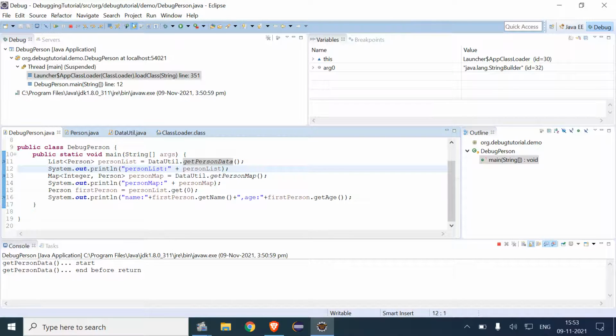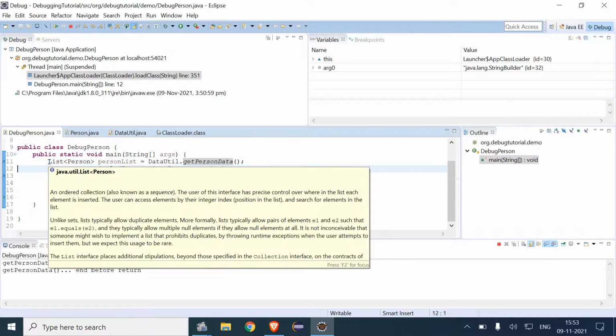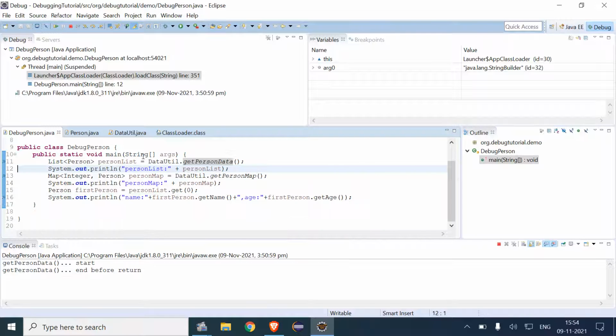If we want to go back, then we use the step return, that is F7. Step into is, if I'm not wrong, for when you want to go into detail. For example, there is the breakpoint, and if we want to go into the list of persons, that will be step into.